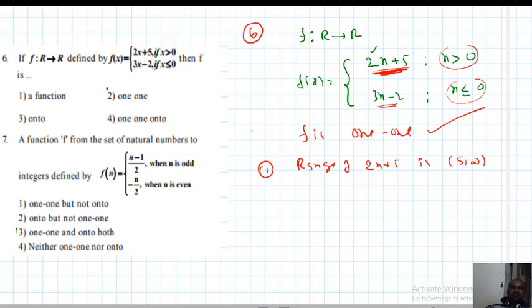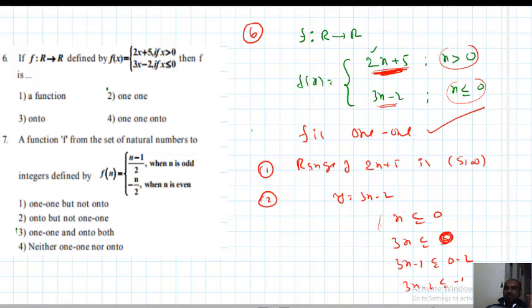Okay. Next, I want the range of the second part. Take y as 3x minus 2. What is x here? x is less than or equal to 0, so your x values are 0 or less than 0. Substituting gives the range, but logically I want to create the function of the form 3x minus 2. First multiply by 3: 3x less than or equal to 0. That is not a big problem. Subtracting 2: 3x minus 2 less than or equal to 0 minus 2, which is minus 2.